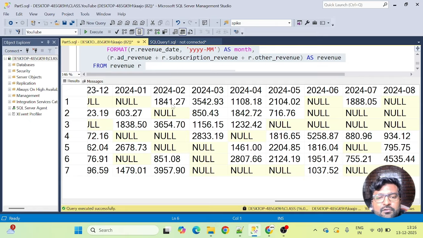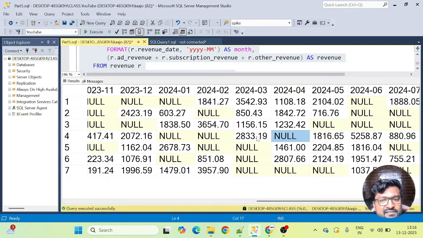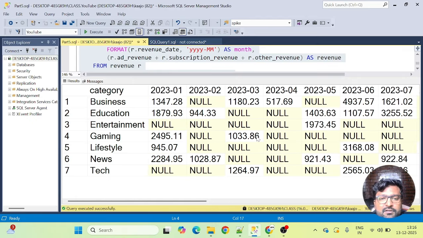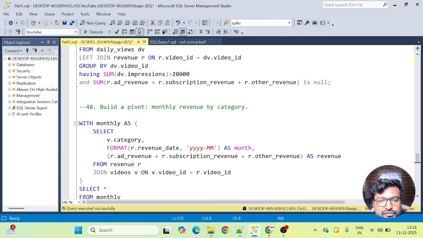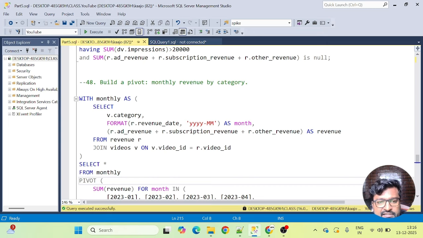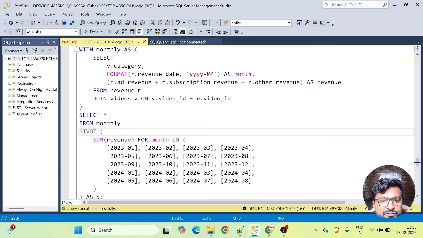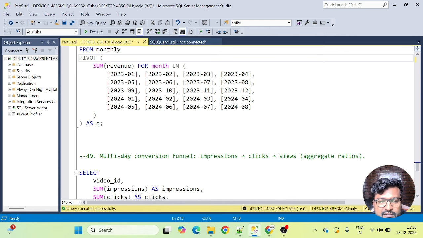Now you also tell me if there is a way that we can actually replace this null with, let's say, 0, right? Because this null simply does not look good. It looks very bad, right? So we can try to replace this null by 0. Now you try to solve this question on your own, because this is a really nice question and I've already shown the solution on my screen. So first try to do it yourself. If you're not able to do it, then you come to this video. Okay, I'll just quickly go to the next question.